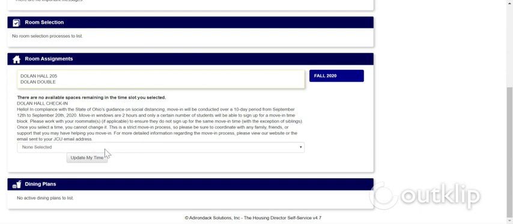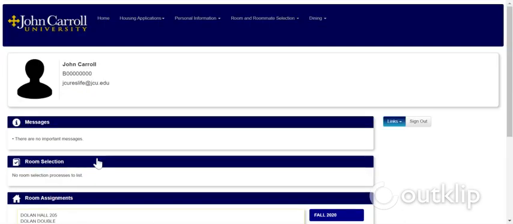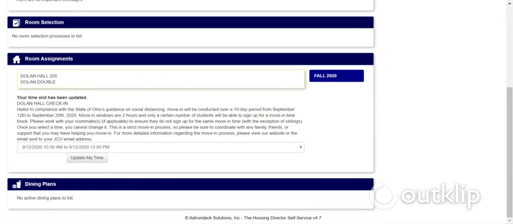So you will then want to re-click the drop-down menu and select a different time. Then you will click Update My Time. If the time slot is not full, you will then see the bold message that says your time slot has been updated. And the drop-down menu that previously said None Selected will then be populated with your move-in date and